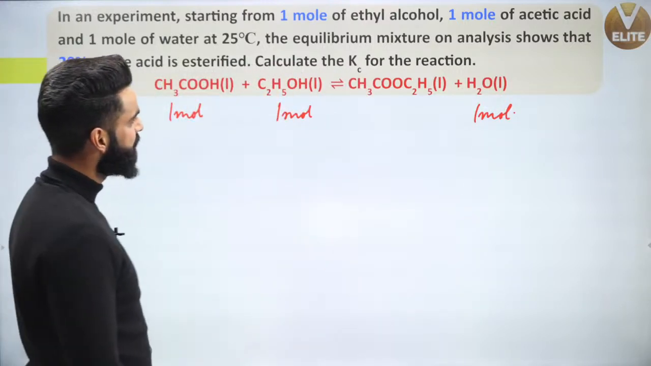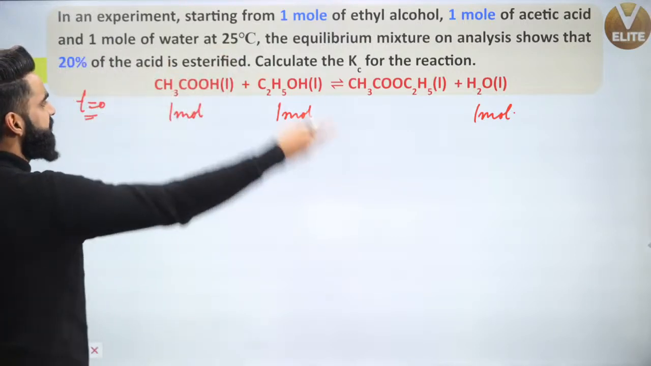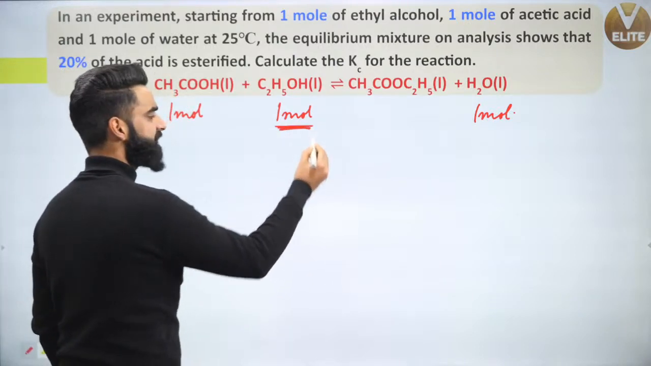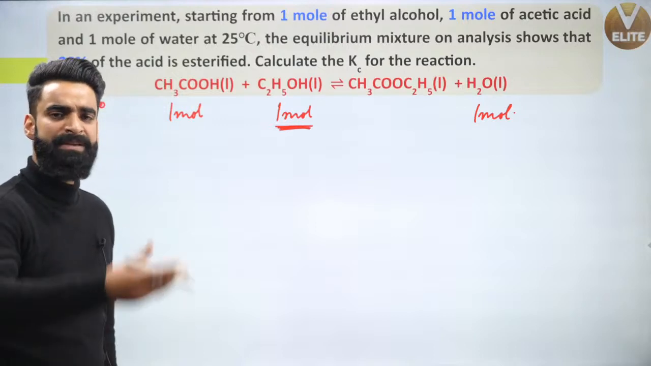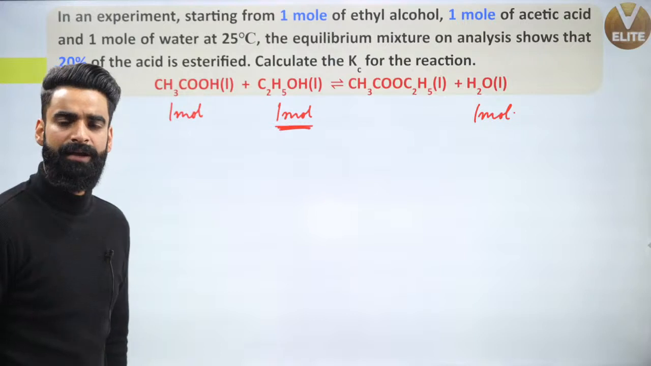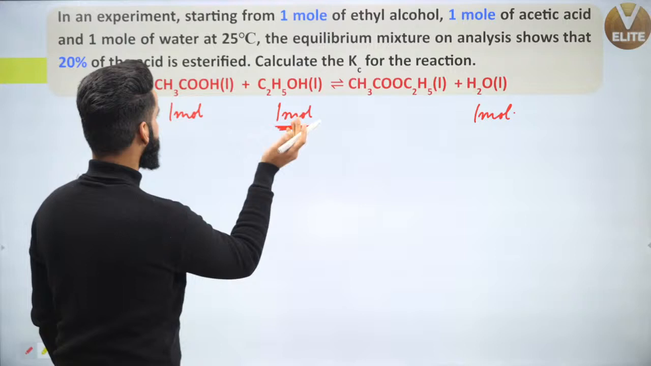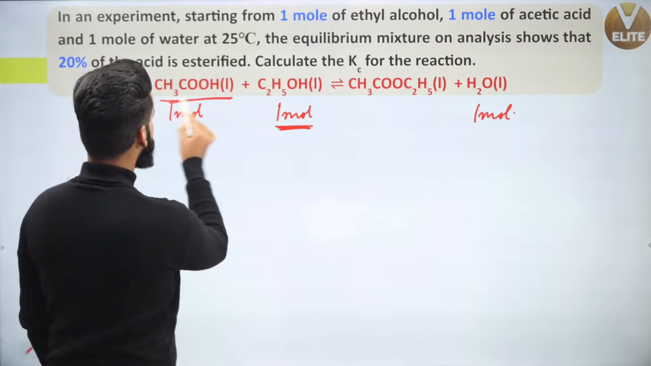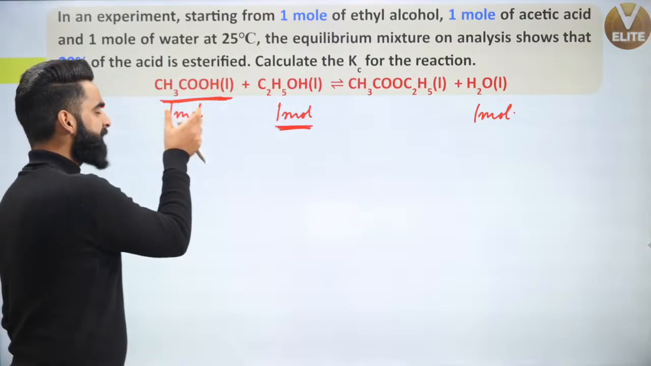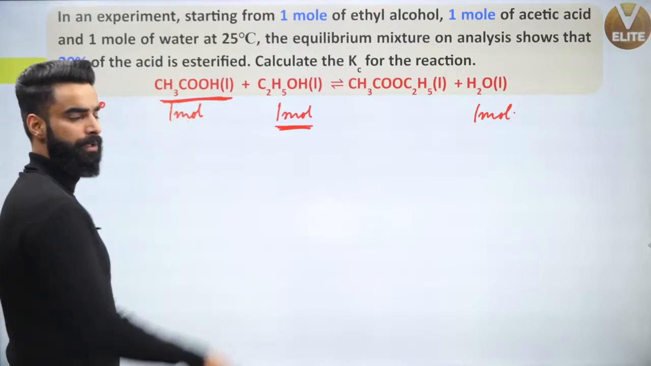And the equilibrium mixture on analysis shows that 20% of the acid is esterified. What does that mean? That means 20% of the acid has reacted. Where is the acid? This is acetic acid, right? 20% of this acid has reacted. Initially, I have 1 mole. That means 20% of this 1 mole has reacted. What is 20% of 1 mole? That is 0.2